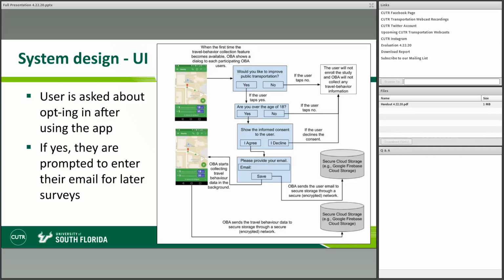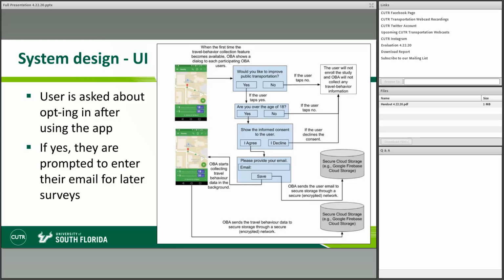We also have a diagram here showing the user interface of enrolling the user in the study. We rolled out the update to OneBusAway users, and after they started the app a couple of times, they saw a little pop-up that asked them if they'd like to improve public transportation. Then we ask if they're over the age of 18, and this was all reviewed by the USF IRB, the Institutional Review Board, to make sure that we're protecting user privacy.